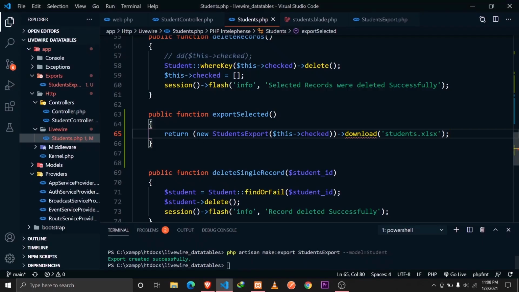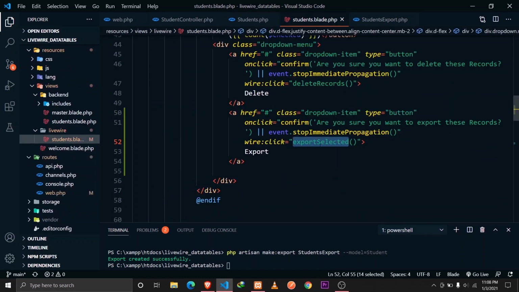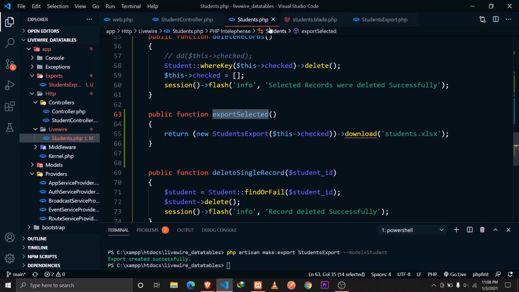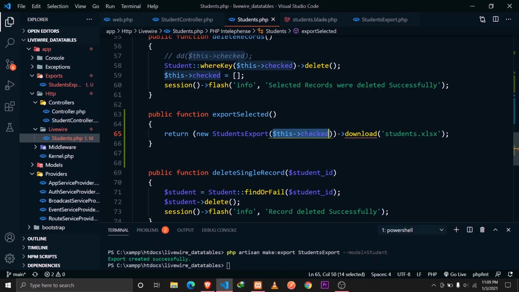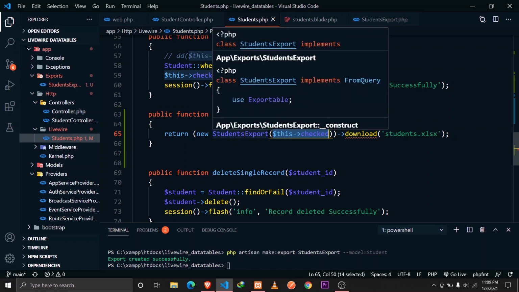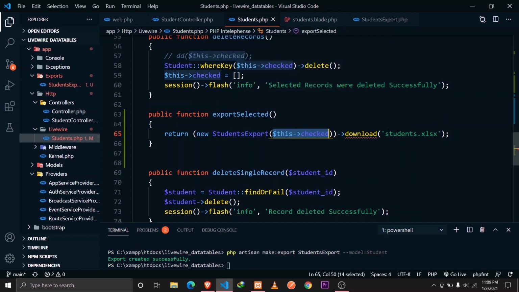then we are going to execute this function export selected. As you can see here, wire click export selected, this function is going to be executed. We are going to come here to our students.php component. Export selected is going to be executed, and it is going to return a new students export, and we are going to pass this checked array. So we have it wire modeled. So this checked is going to hold all the arrays that we are selecting in our data table, and so we are going to pass the array to the students export, and then it is going to perform the download operation with the name of